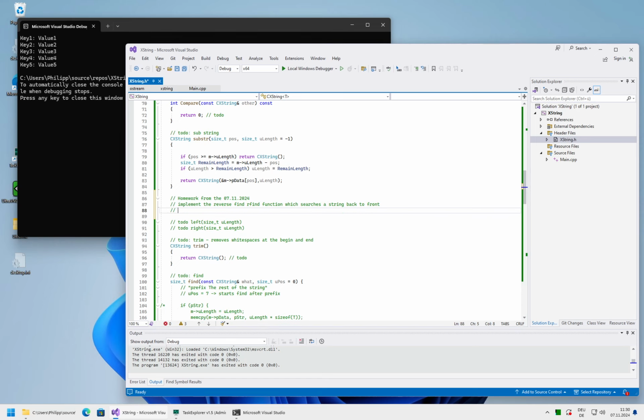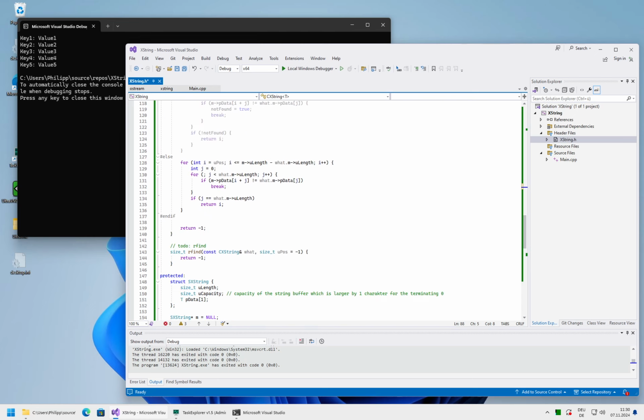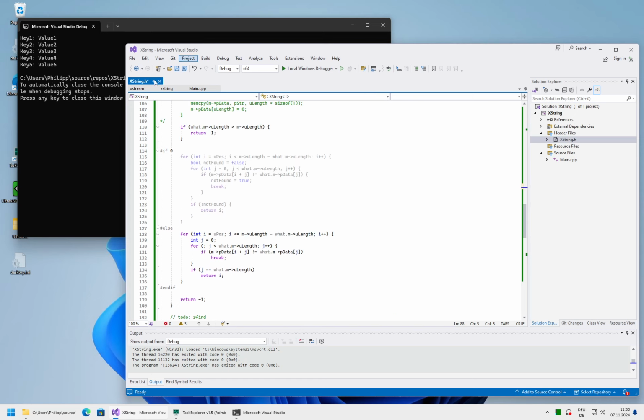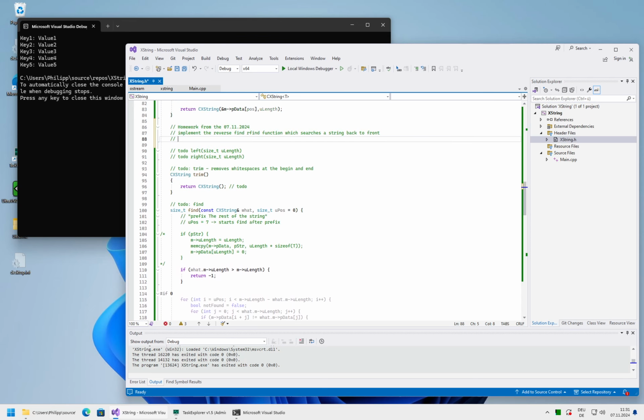So we want the rfind function, which is here, to be implemented. It is like find, but it works backwards. So we need to think again on how to work with the right offsets.